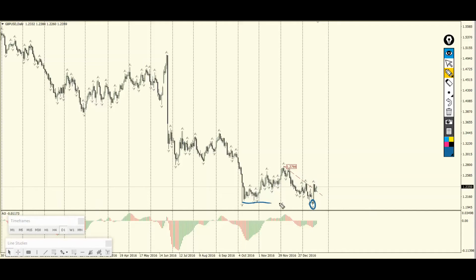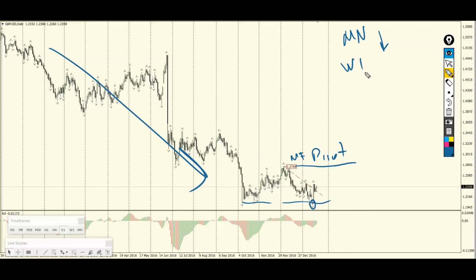Here we have broken through the new lows, and we have a new MF pivot that is protecting the whole trend. Now you remember, we have monthly trend down, we have weekly trend down, now we have daily trend down,